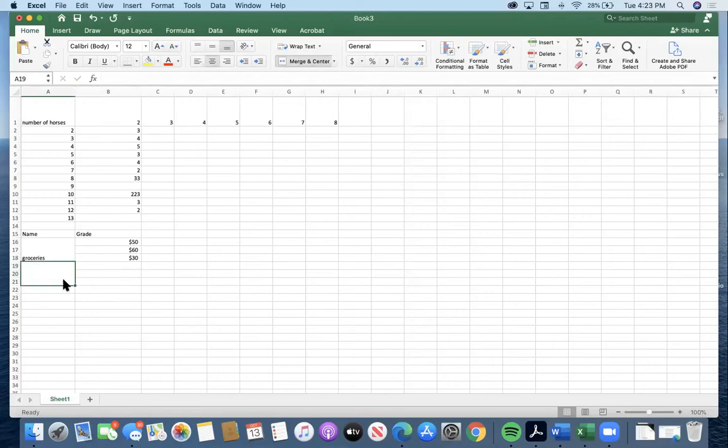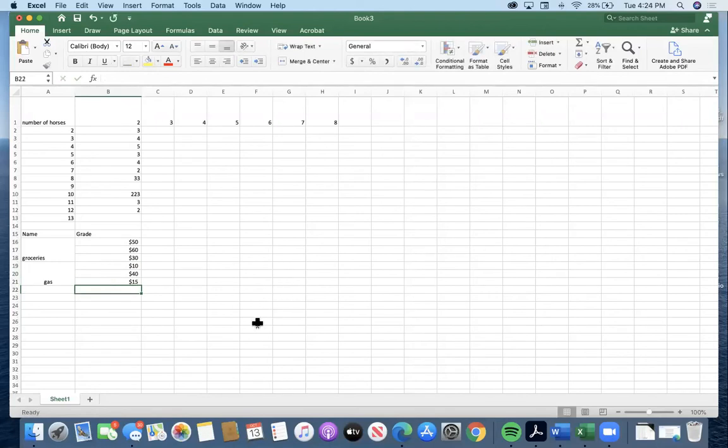So let's actually call this something different. Okay, so that's merging cells. Now, we talked about entering data, right? You just enter whatever amount you want, and then you can either click away or